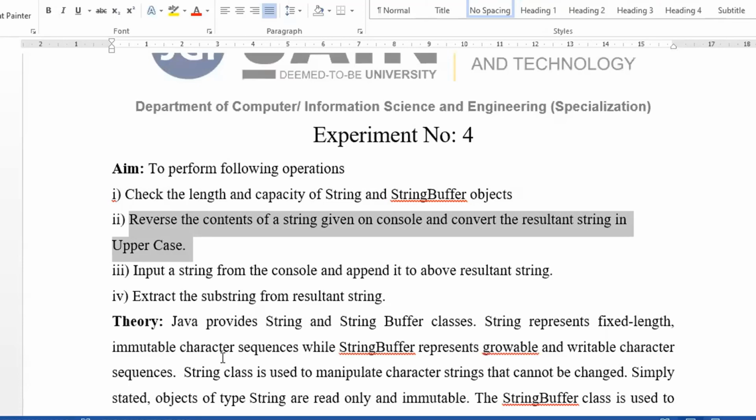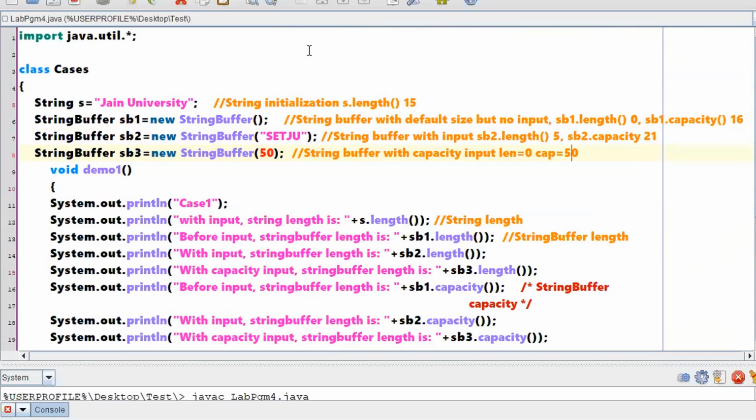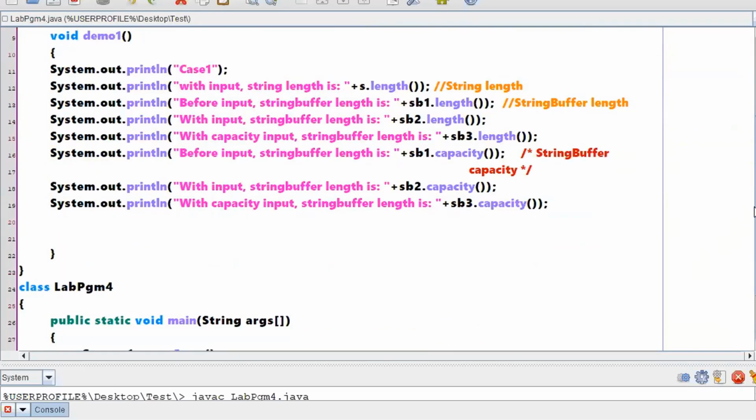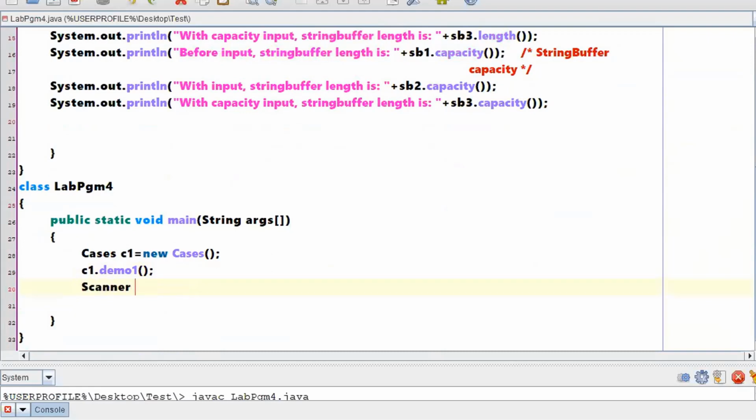First we will write instructions for reading an input from the user, then instructions for making it a reverse one. As I need to read the input from the user, initially I have imported java.util. You can write java.util.Scanner also, I just wanted to utilize every class from that package. So now I require a Scanner object. Let me create Scanner sc is equal to new Scanner from System.in.